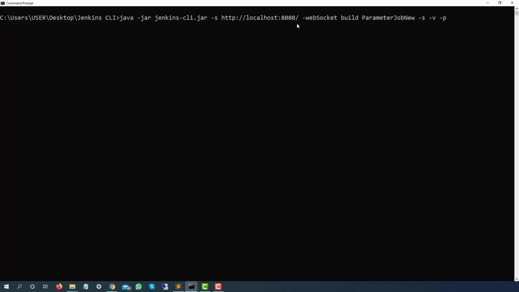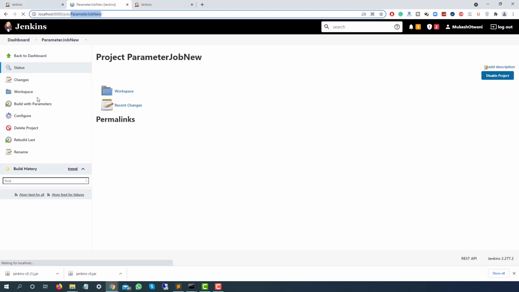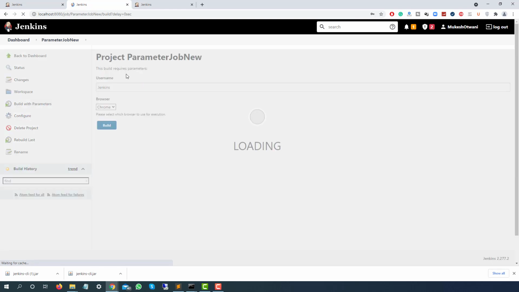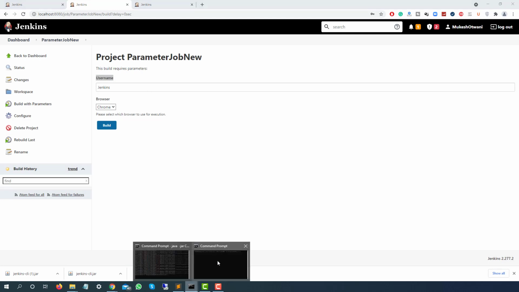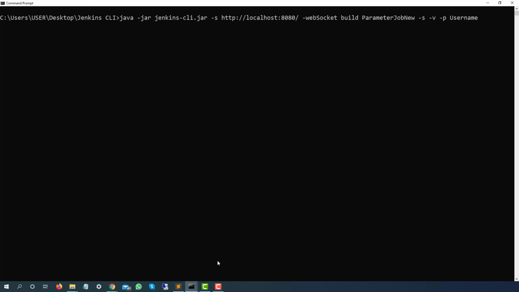Now I will be using key value pairs. In our case, guys, the key is whatever parameter you can see on the screen, and then the value that you want to pass. Just give username, and I will give username as Mukesh.